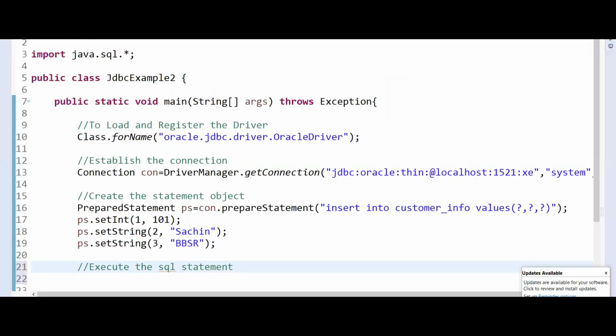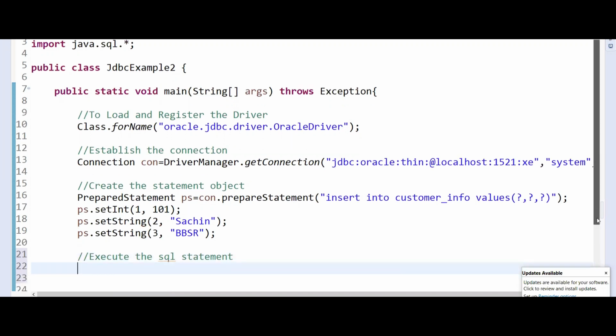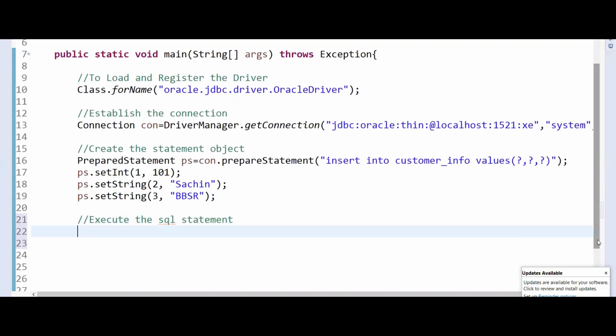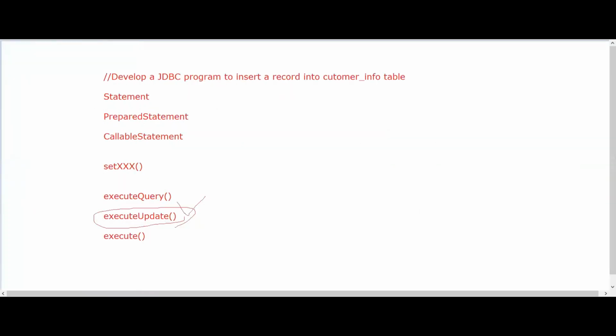Another point. Yesterday I told you about the execute query method. Just recall and see your previous example: the execute query method returns a ResultSet object.